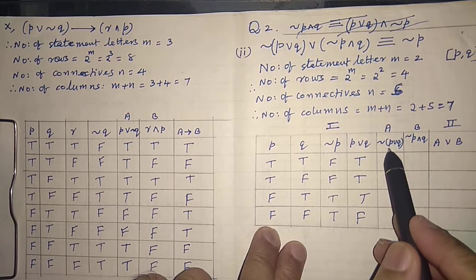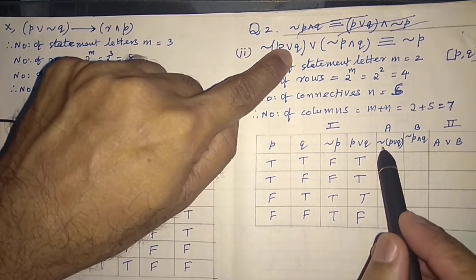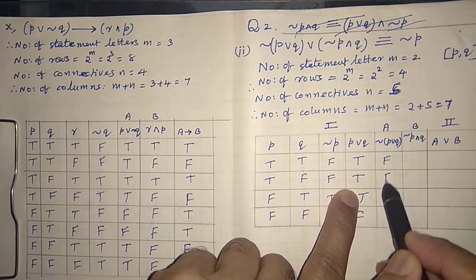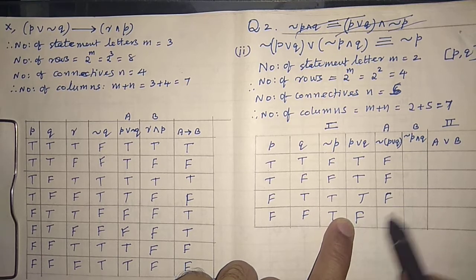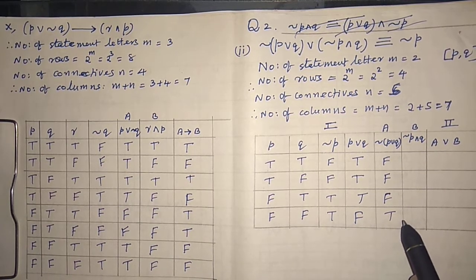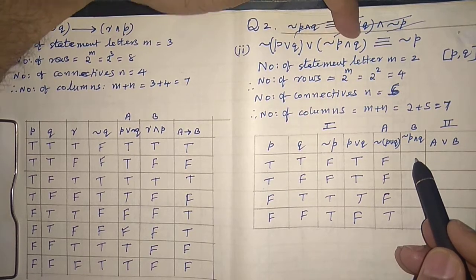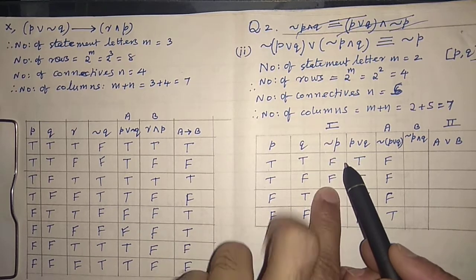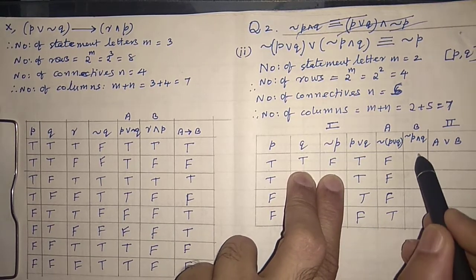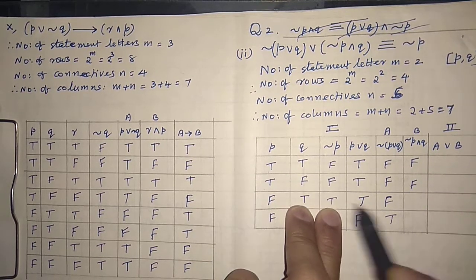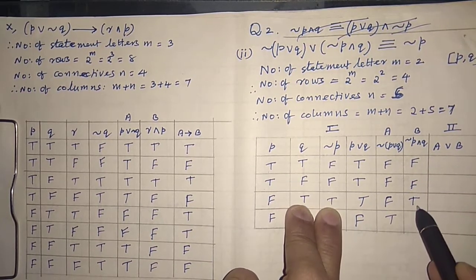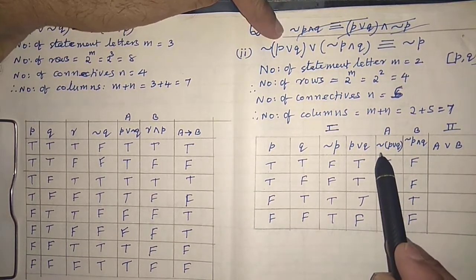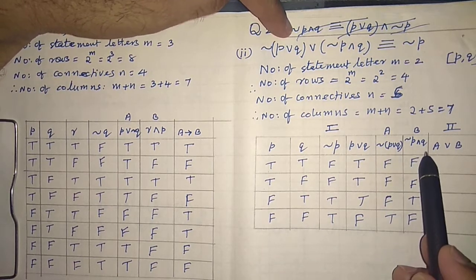Now negation of this. We want negation of P disjunction Q. P disjunction Q we have here. Its negation: T, T becomes F, F. This T becomes F, F becomes T. Now what we have? Negation P conjunction Q. This is first, this is second. Both are not T, conjunction, so it is F. Both are T, then only T. It is also F.